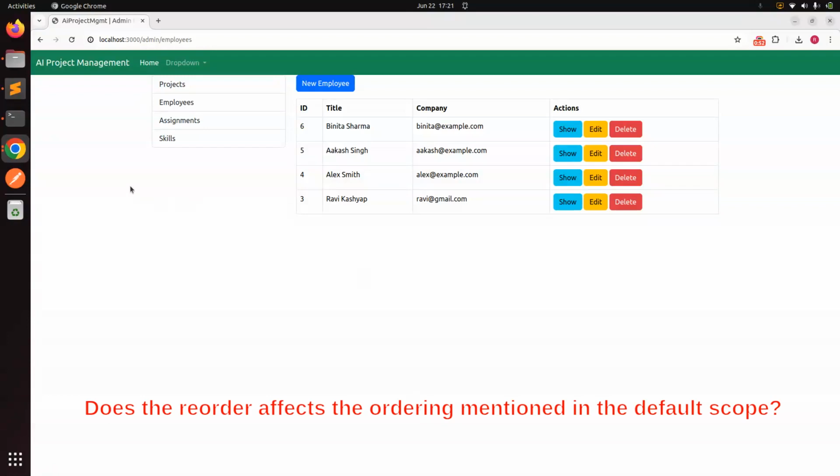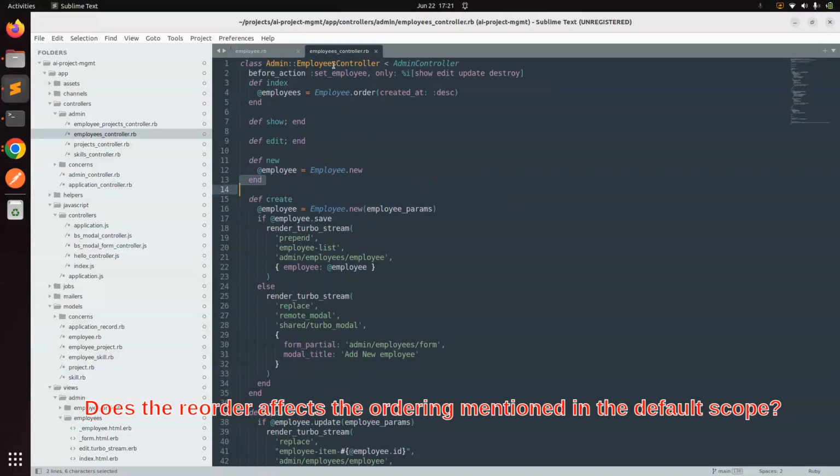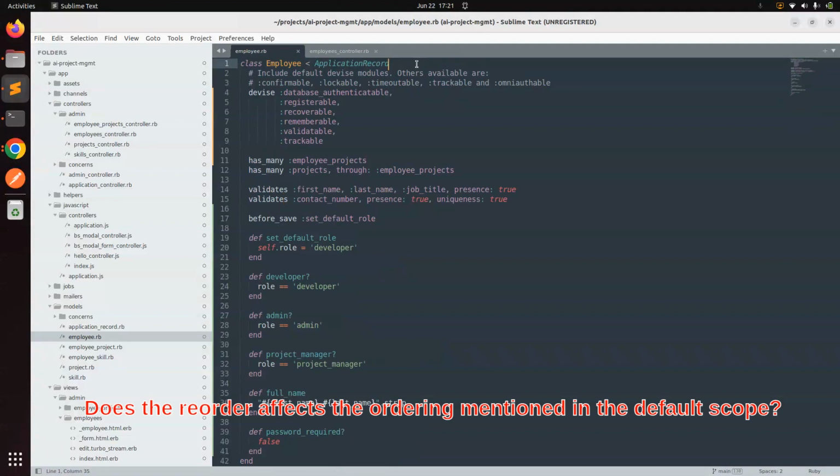For example, right now you can see that I have these employees in the database of this project. Here you can see that I'm ordering all the employees based upon their created date in descending order. And here is the query in the employees controller: @employees = Employee.order(created_at: :desc). Now if we apply the default scope on this,